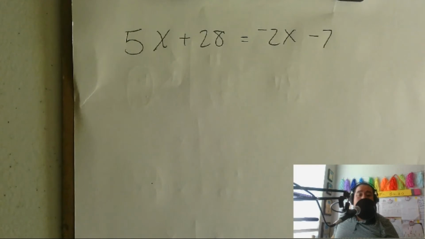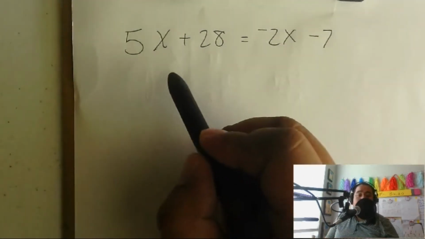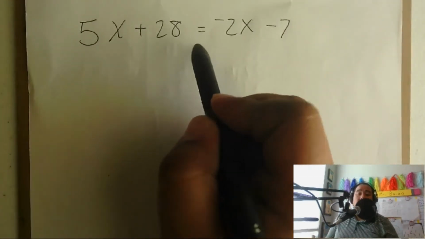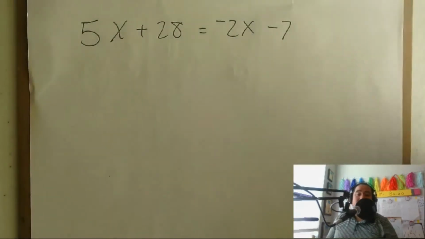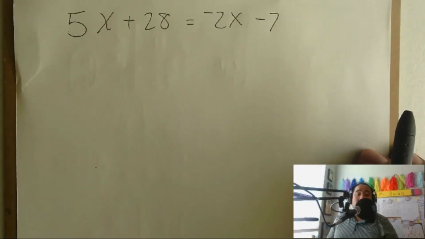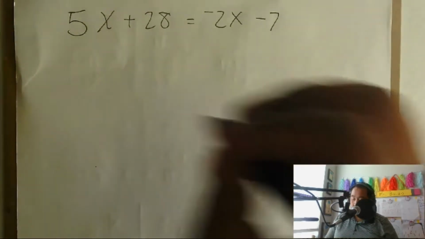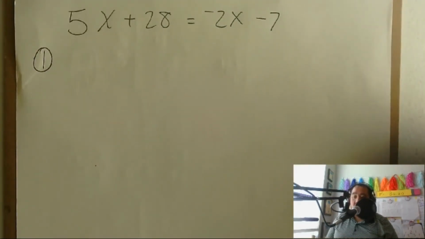Alright, so here we have our next equation. We have 5x plus 28 equals negative 2x minus 7. We're going to go ahead and do our 3 steps to solve this equation so we can know what that variable x is. Step number 1. We're going to collect our variables on one side,